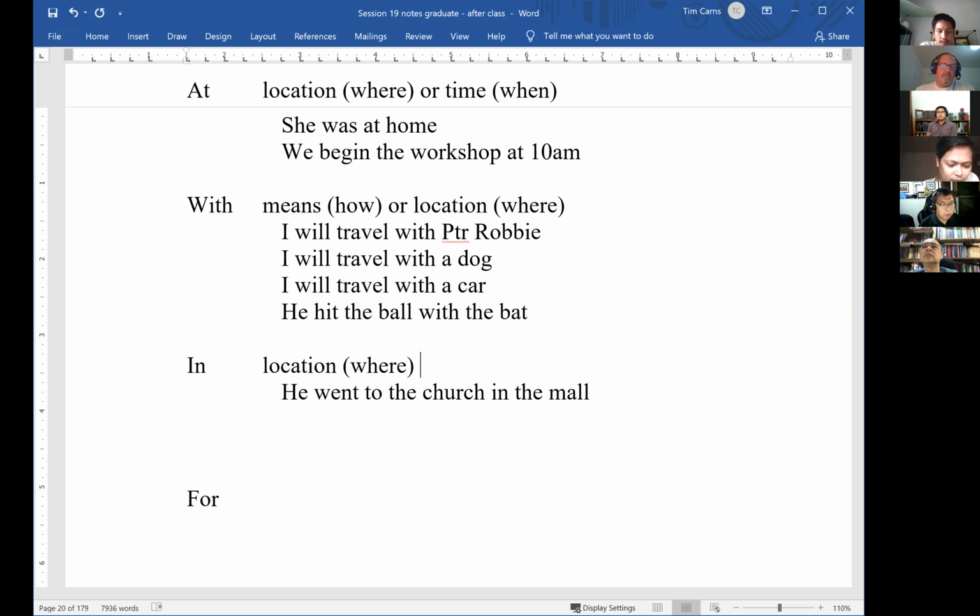How about, there's another. Sometimes it gives an idea of how something takes place. And this one's a little controversial. It's a little theological, but